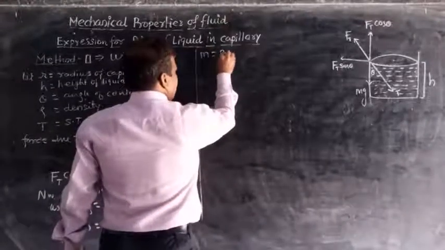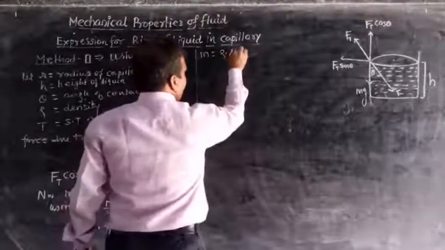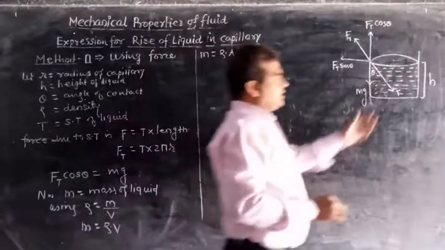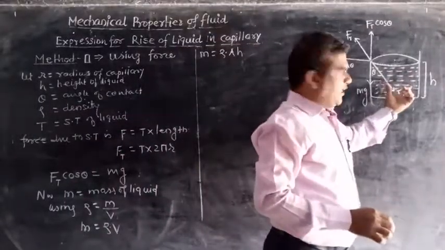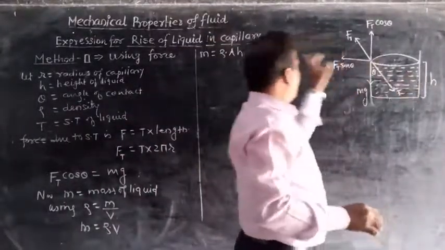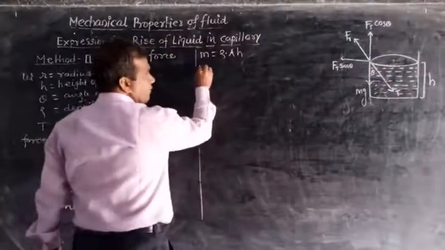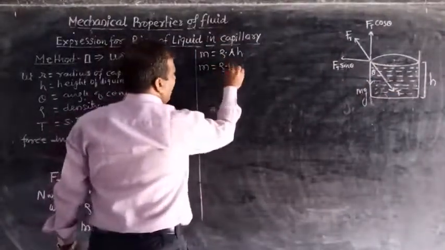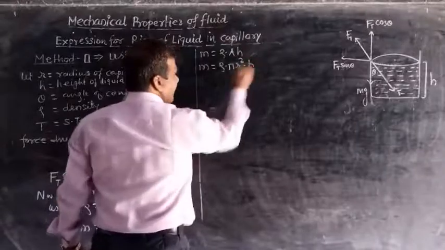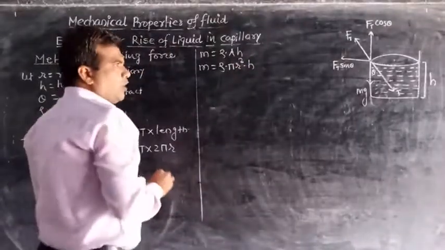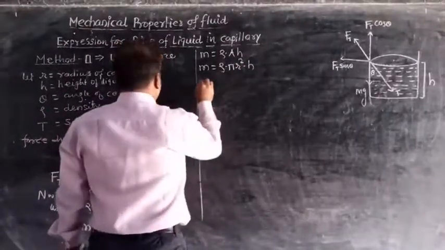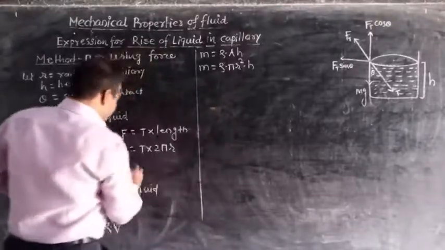Therefore m is equal to density into volume, and volume is area into h, because this is a circular cross section and the height is h. Therefore m is equal to rho into pi r square into h. This is nothing but the mass of liquid in the capillary, and therefore equation 1 becomes,